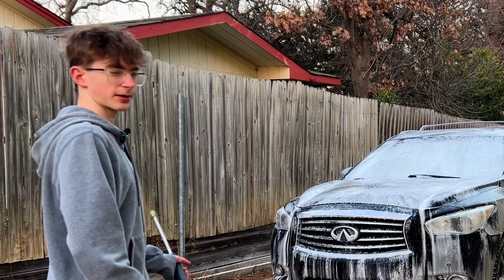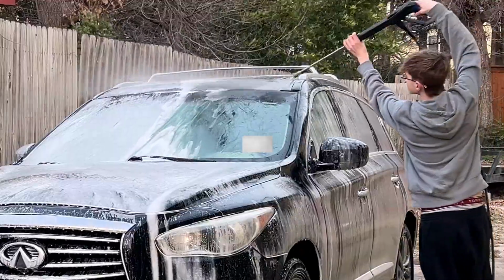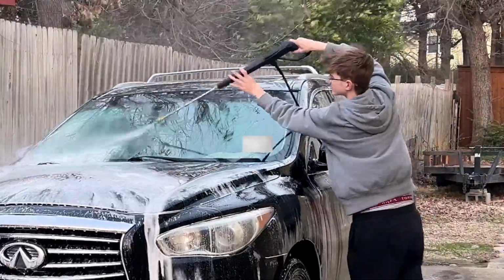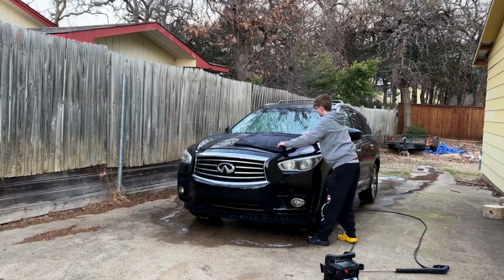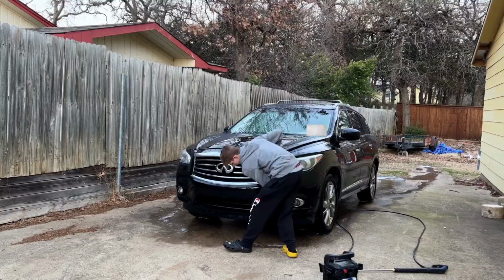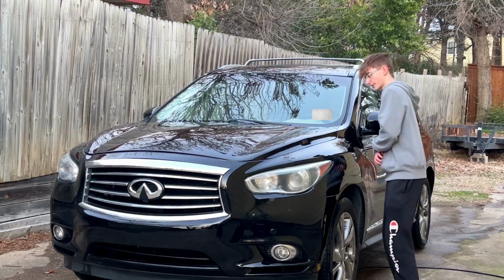Okay, so now that it's sat for about 60 seconds, we're gonna go ahead and spray it off top to bottom. Let's get up here. You can see all of this water just beading up and it's not sticking to the car. So it'll be super easy to dry. So we're gonna go ahead and dry this. So I'm sure you can see on the video how shiny this car is now. There's no swirls in the paint and it looks